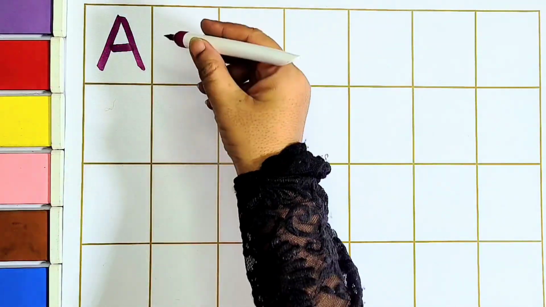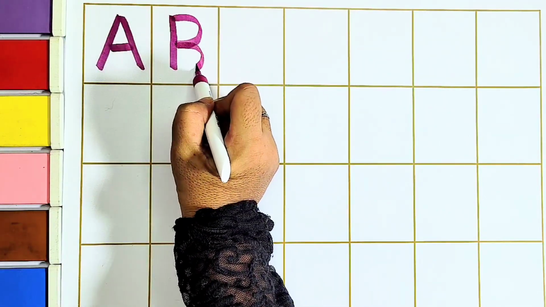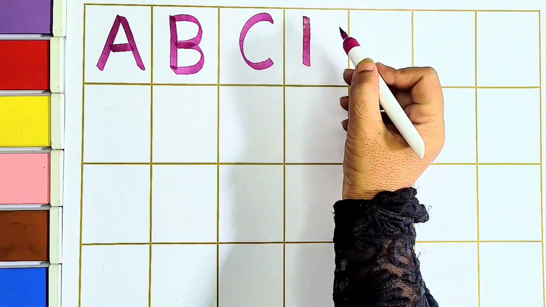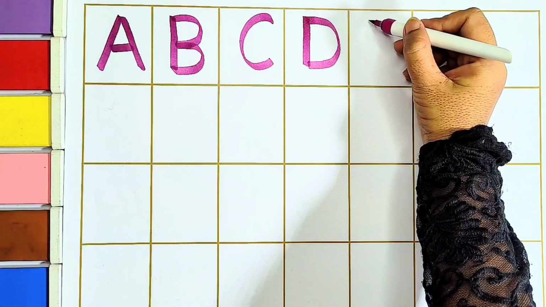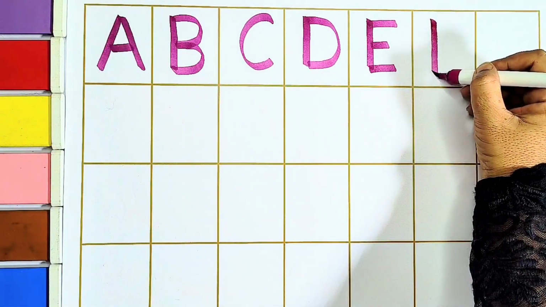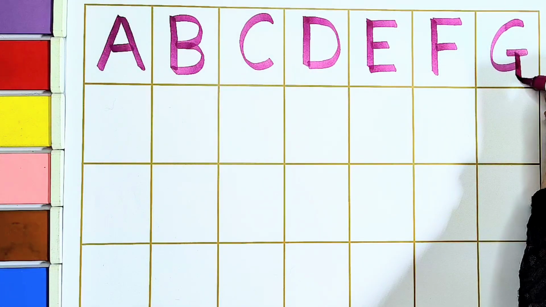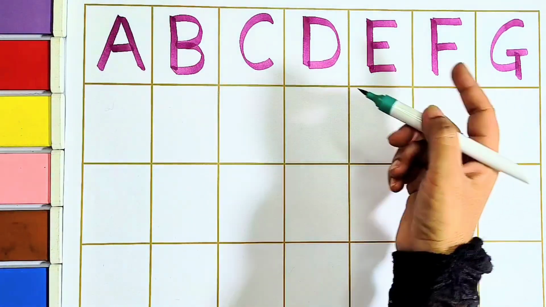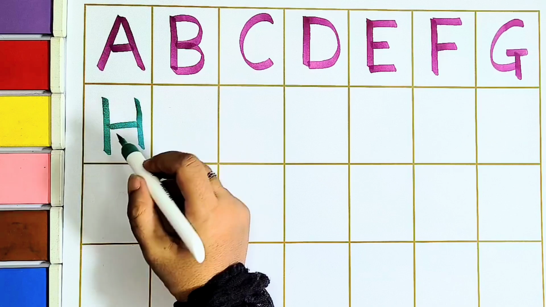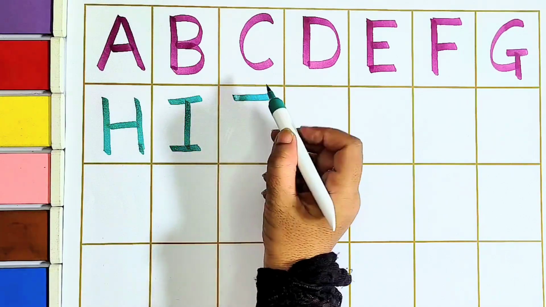A, after A is B, C, D, E, F, G, green color. After G is H, I, J,